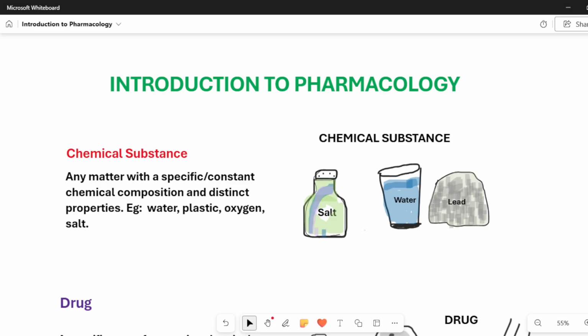So today we are going to learn about pharmacology. So what is pharmacology? Why even learn about pharmacology? Have you ever imagined where the medicines which our doctor prescribes us for curing our diseases are derived from? How do those medicines get their ingredients? Have you ever wondered about that?